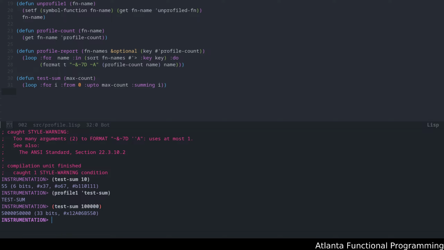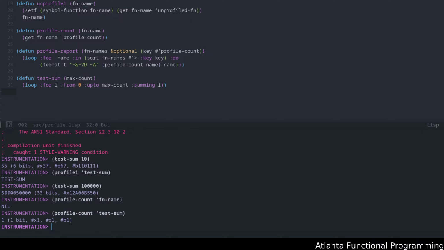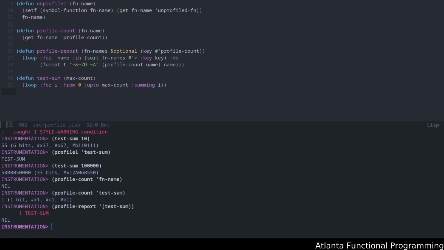Okay, now when we call profile count, function name, sorry, profile count test sum, you see that it's been called once, and if we call profile report on just test sum, okay, you'll see our report, which will just give you the number of calls.